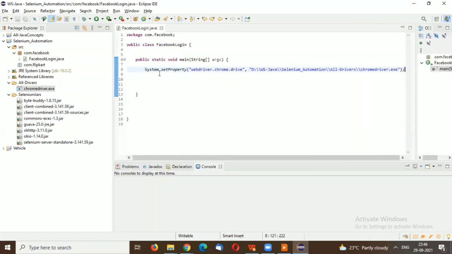Okay, so we have set up a set property method from System. Here we have the Chrome driver exe stored and we have set up the property. Now we need to write WebDriver